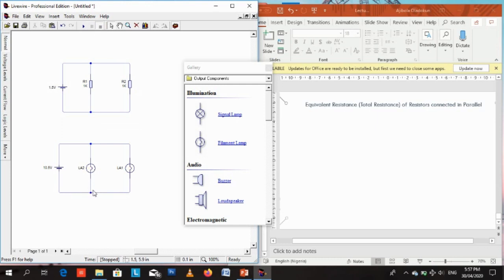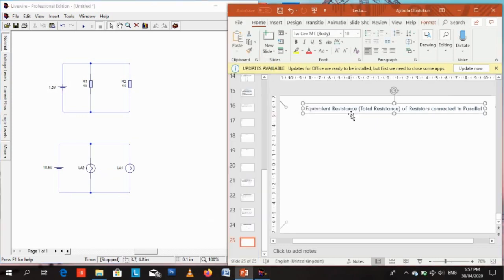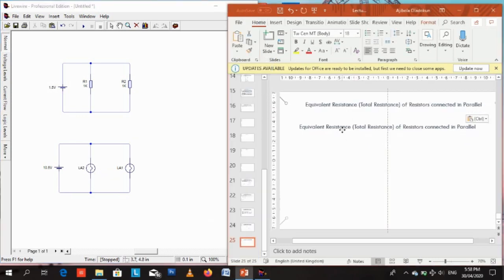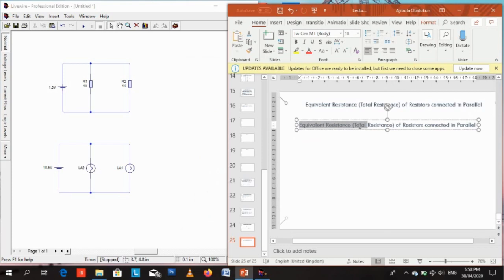So the point here is that the more you increase the voltage across a load, the more current flows through the load, and the more current that flows through an incandescent bulb, the brighter the bulb will be. The same thing goes for LEDs and other output components that give out some kind of output, whether visually in the form of lights or sound like a microphone. So